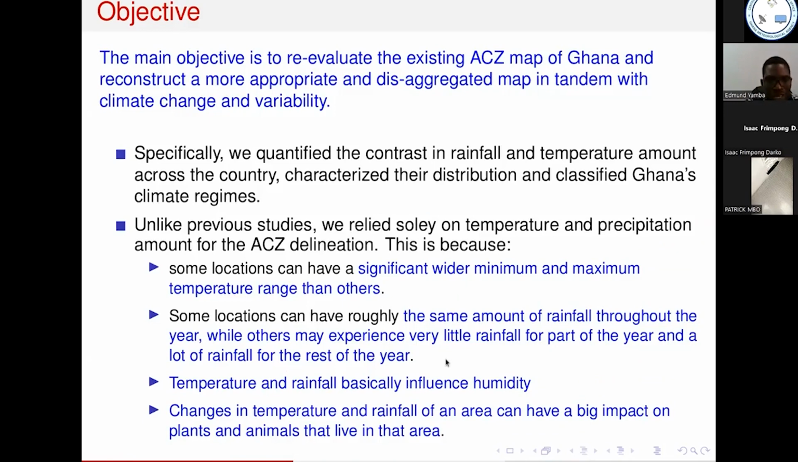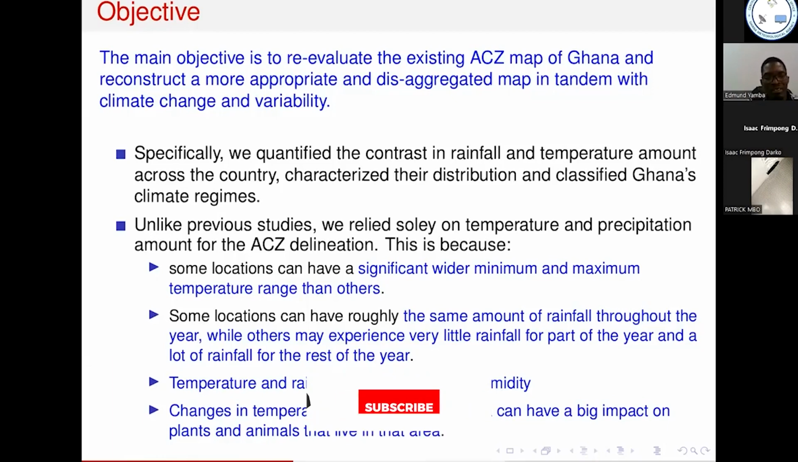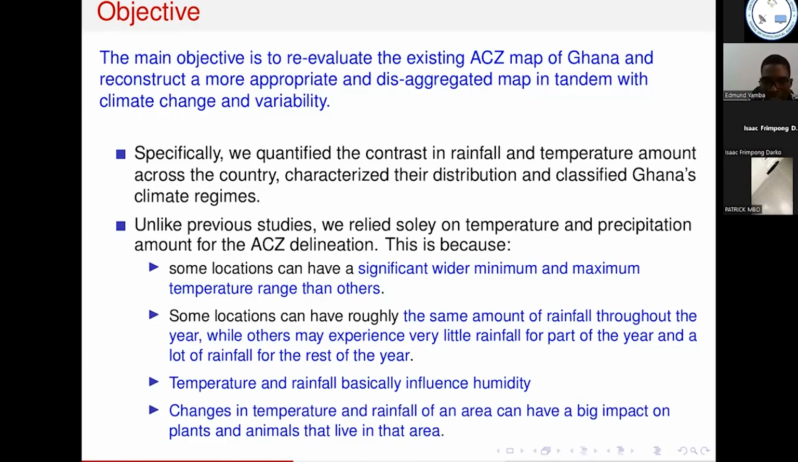So if you look at our work, for example, we basically relied on rainfall and temperature. And like I mentioned, if you want to classify agro-climatic zones, you can use temperature, rainfall, relative humidity, or even solar radiation and what have you. But rainfall and temperature are quite important, and most studies elsewhere usually use rainfall and temperature. And we also relied on that because